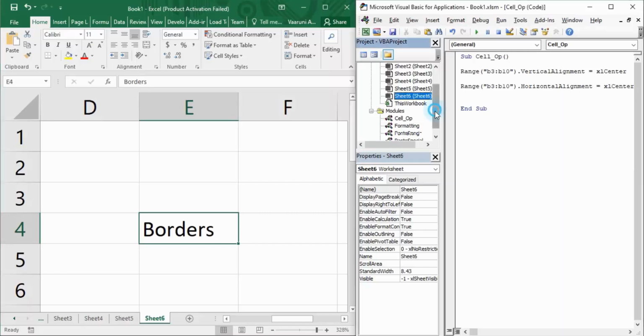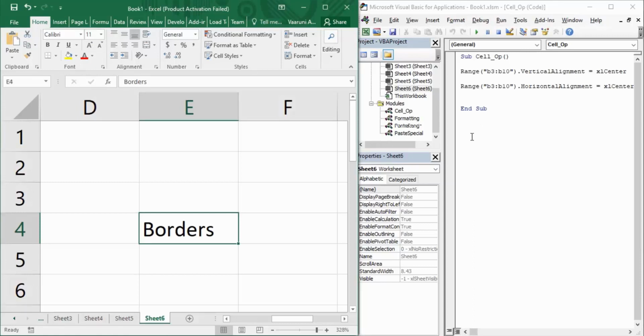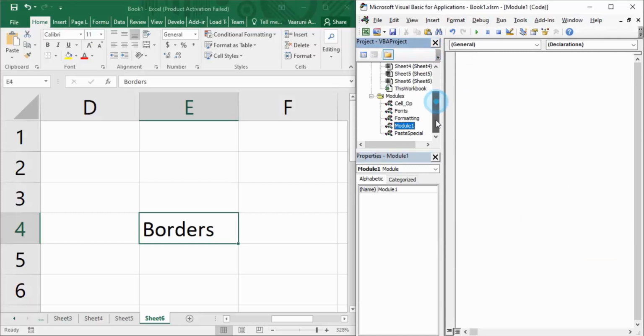Since this is all going to be associated with a macro, once you have opened your Excel, you have to open your Visual Basic for Applications editor. For that, you can go to the Developer tab and click Visual Basic in the Code group, or simply press the shortcut Alt F11 and you will get this VBA editor in front of you. Then in the VBA editor, go to the Insert tab and insert a new module. This module will be holding your macro.